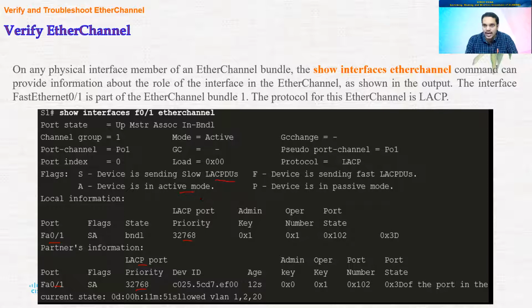The information regarding one particular interface which belongs to this Ether channel can be found by typing show interfaces, the interface ID, and then Ether channel. These are all the different show commands that help the network administrator verify the Ether channel configuration, whether we did the configuration the right way or not.